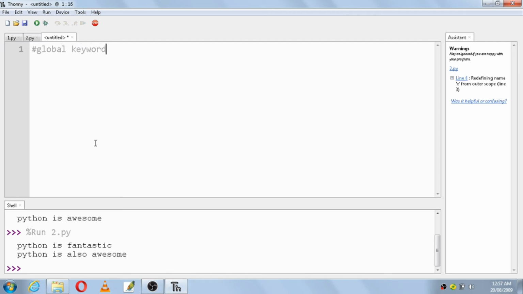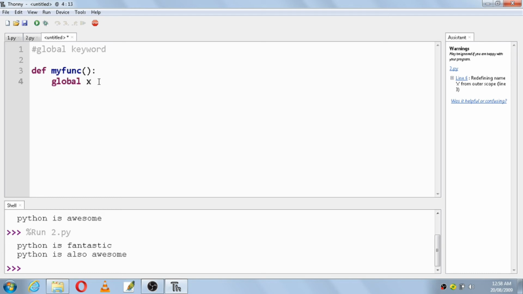We'll make use of a global keyword here. So what I'll do here is first I'll write the function name, def my function colon. Then I'll use the keyword global and the x I will use here, saying that the x variable is of type global.